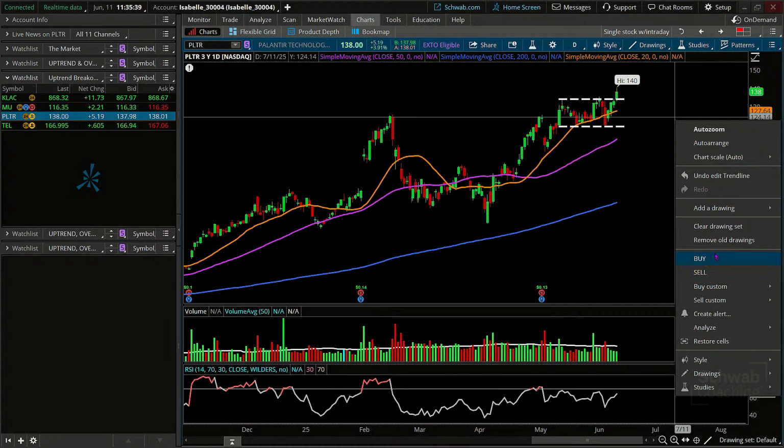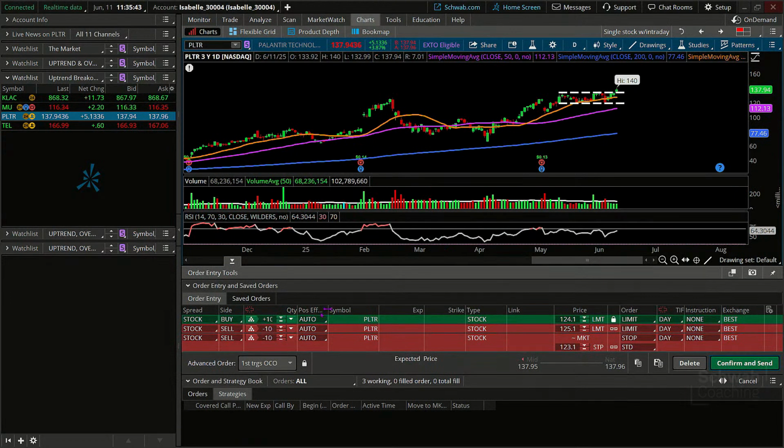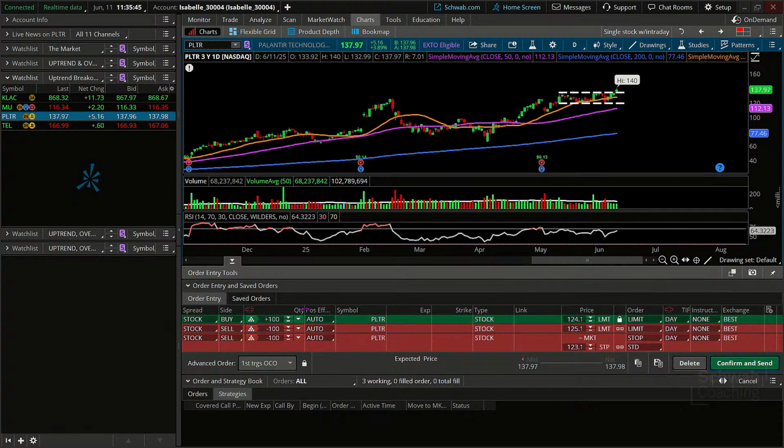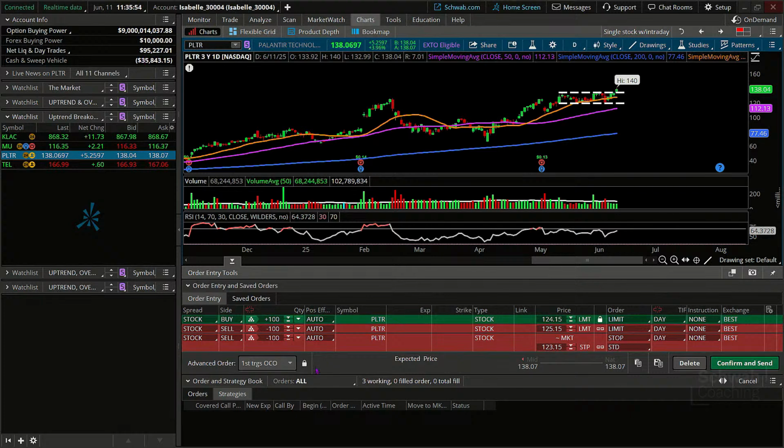So in our example, I'm going to do a buy custom with OCO bracket. That means one cancels the other, and that simply tells me that I can't sell twice, right? So I'm going to be a buyer. Make sure my account balances are working. Okay. Buyer of, let's do 100 shares, and let's be a buyer at market, but with a stop exit at